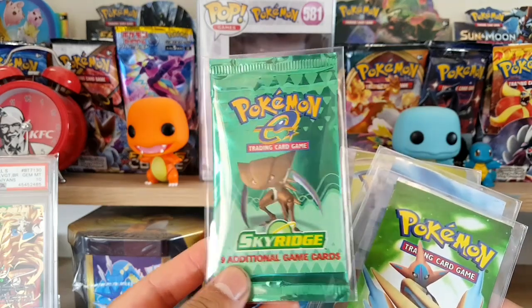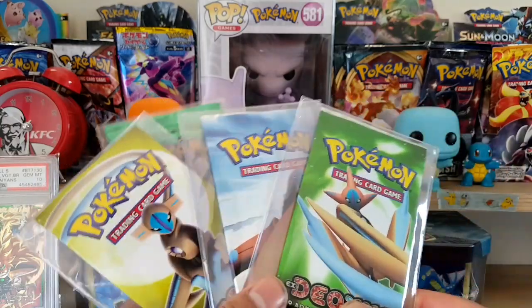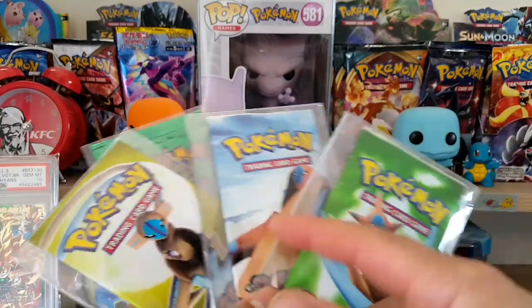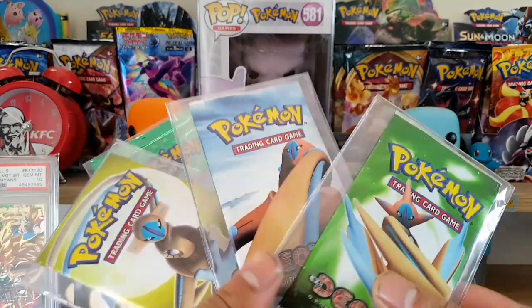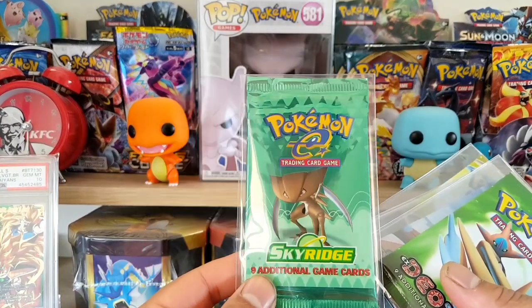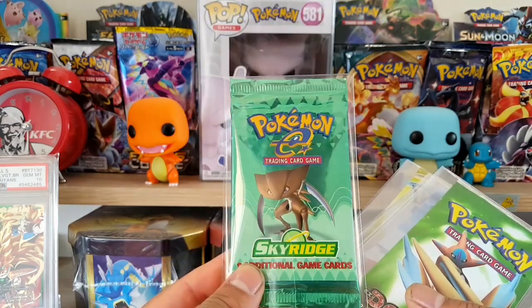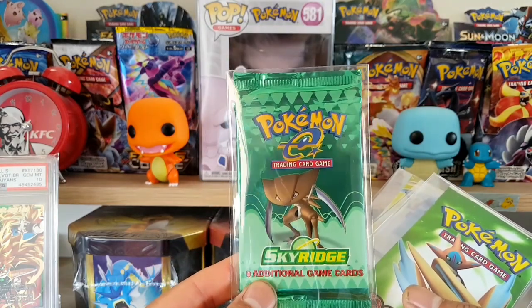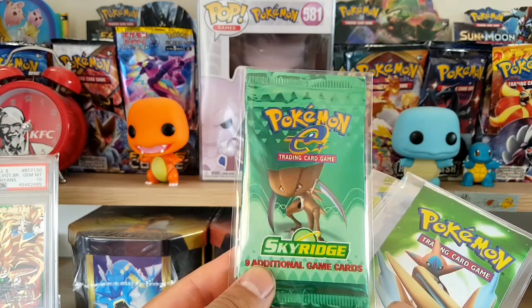Whoa, Skyridge is the last Wizards of the Coast set ever made. Pack art looks pretty nice. I mean, these pack arts, I'm like, could they not have done different Pokemon on each, like a normal booster pack art set? But anyway, Skyridge sells for a lot more sealed product wise than the actual cards, so it'd probably be a safer bet to just keep the sealed. But if you do have the cards, or if you want to buy some of the cards,